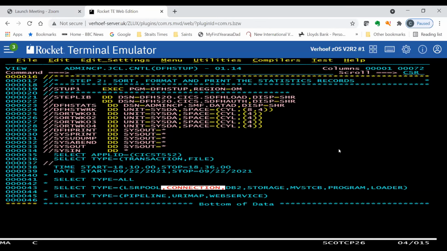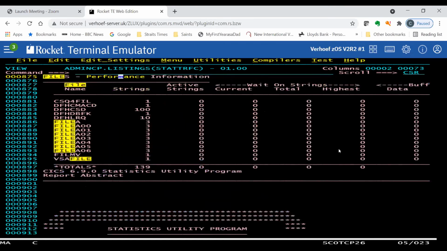Always remember that if we fail an allocate, CICS builds an AID, an automatic initiate descriptor, that goes on the dispatcher chain. What will happen is that terminal control will keep being asked, is there a particular session available? So the AID might not last for very long, but you don't want any of them. So LSR, storage cushion, your TCB allocations, and your connection requests, you really want to start doing trend analysis on these so that you can build up your own information as to what's happening.